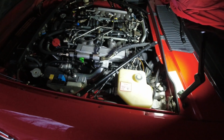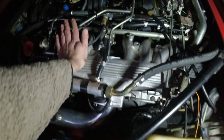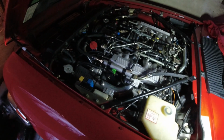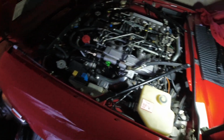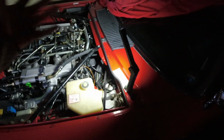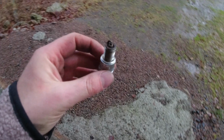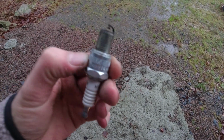So we're running for about 15 minutes now, so everything is really nice and toasty. You can let it continue running. I like to keep some of the lights on just to put a little bit of load on the alternator, so that also does something, and also to put some heat in the instrument cluster from the lights. But while this thing was warming up, I pulled a plug from the other V12, and well,